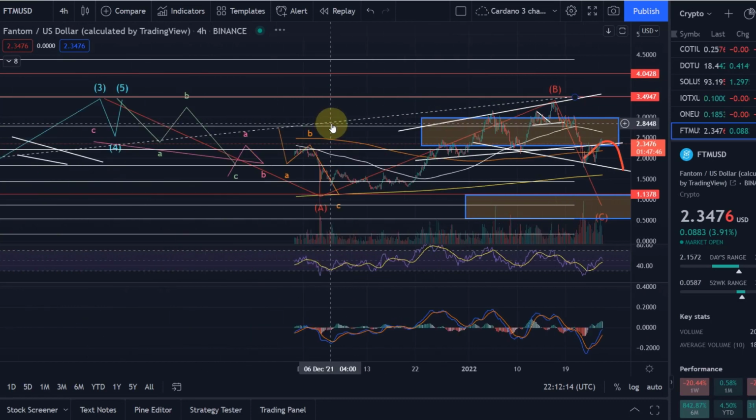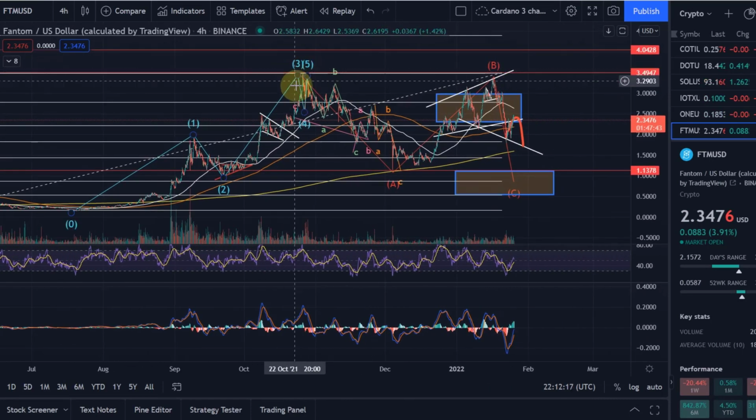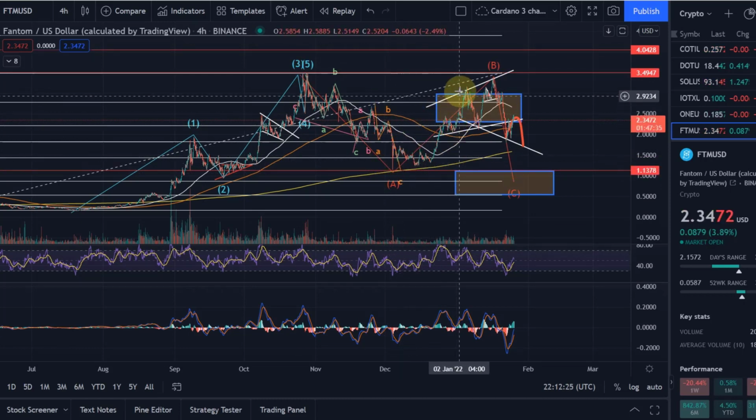Yes, of course, there was the possibility that this whole downtrend in ABC was already completed, and that what we were doing here was just the beginning of an uptrend, an impulse. But for these impulses, these corrections were too strong for me. You saw that one here was just looking too strong, coming down too far, and especially then that head and shoulders that we formed here, and that latest correction was too strong as well, even making a lower low. That is nothing an impulse would be doing. So that's my view here on